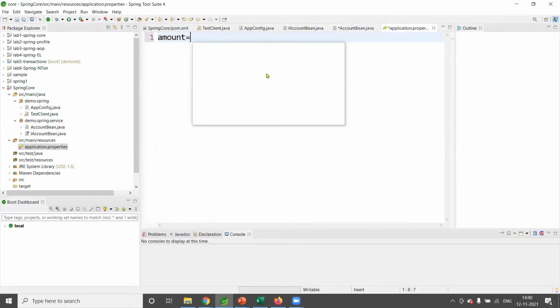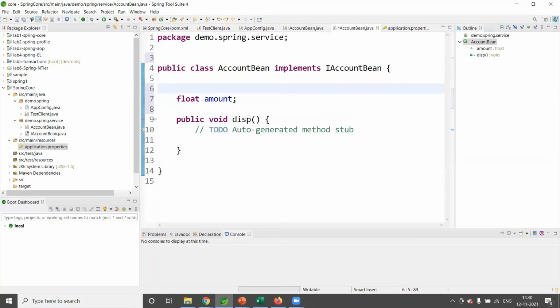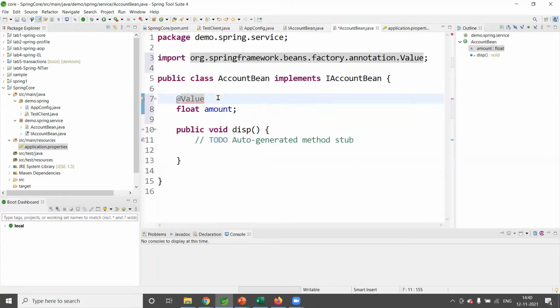I'll put amount equal to 5000. So how do we get this value in AccountBean? This is where we can use the @Value annotation. So @Value in brackets, we can write the property placeholder. So we can put the name of that amount, dollar amount in braces, and save it.